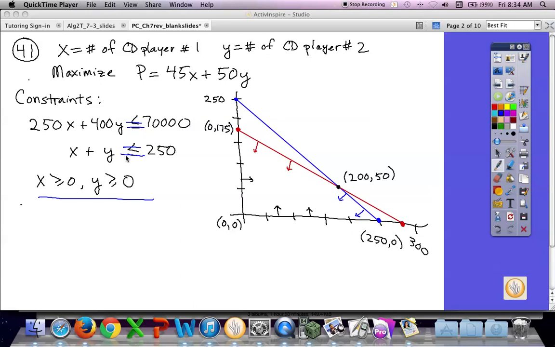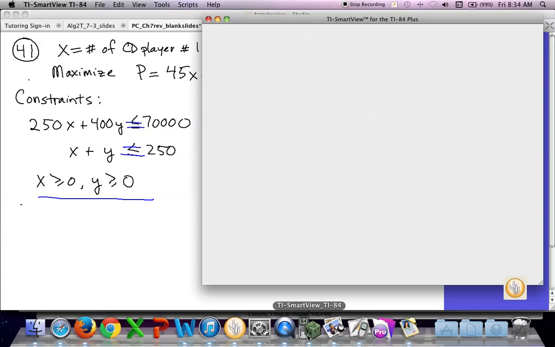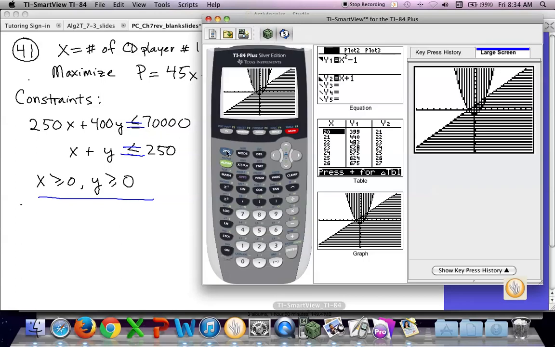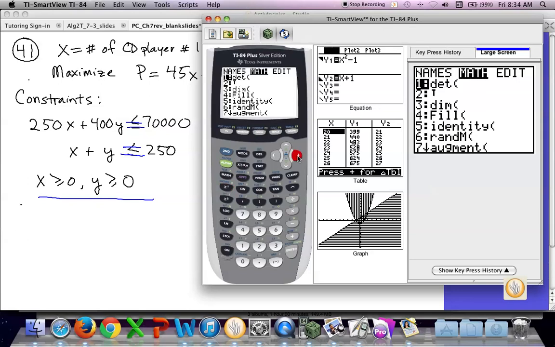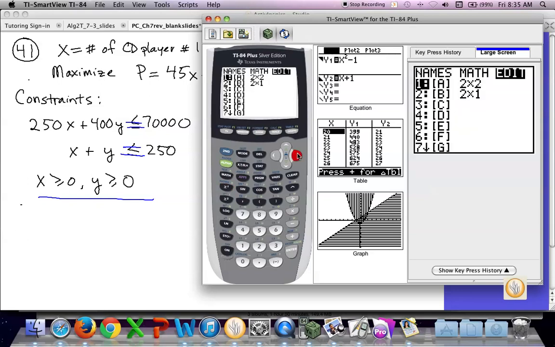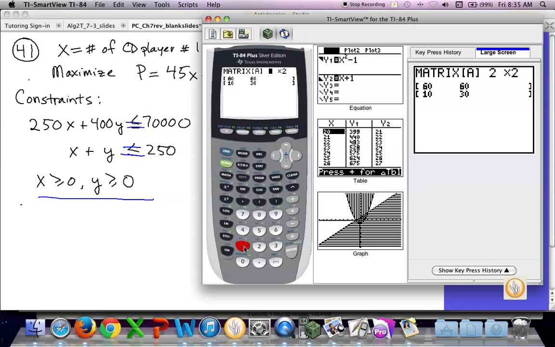We need to show that, remember, you can go to your calculator. Press second, x to the minus 1, which gives us matrix. Arrow over to the edit. Choose 1. It's a 2 by 2,